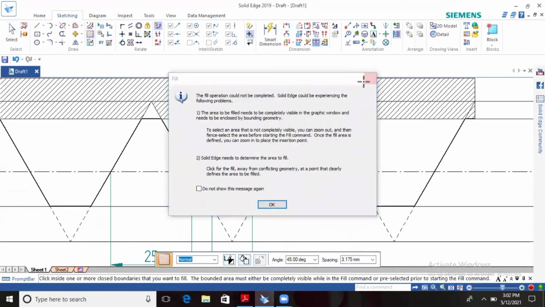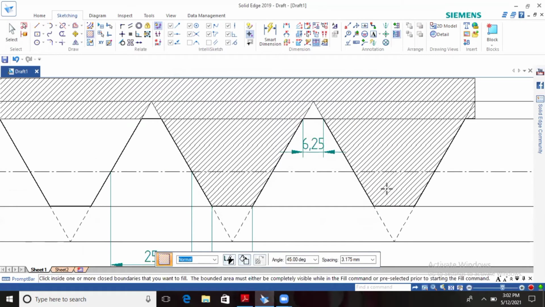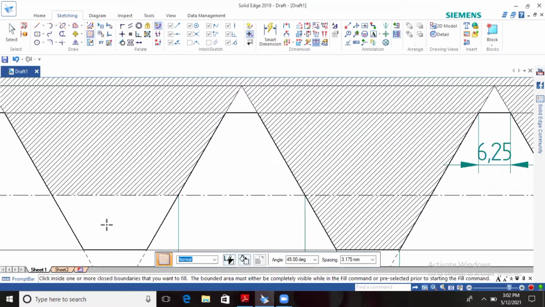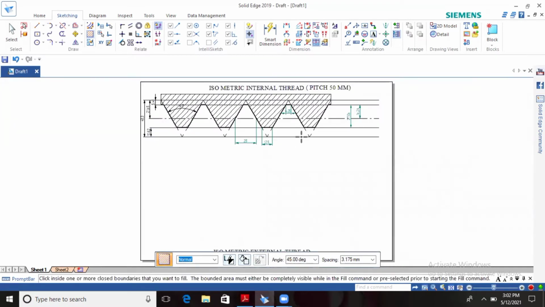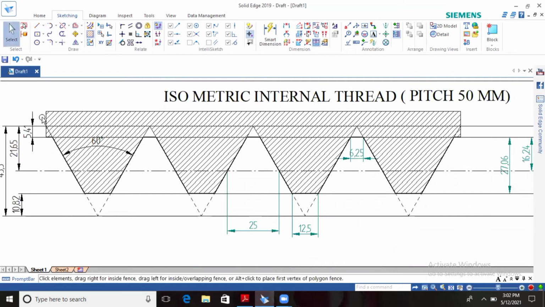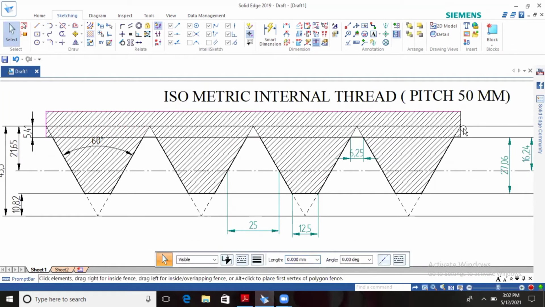Carefully fill the hatching lines. Choose the visible part only; in the visible part it shows the hatch lines. This completes the isometric internal thread having pitch 50 mm.